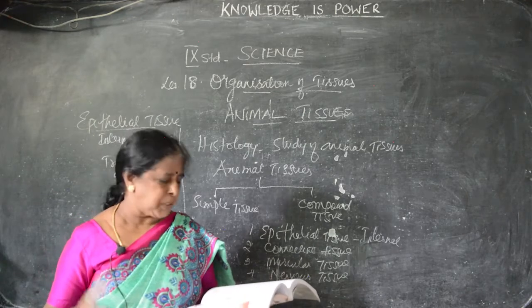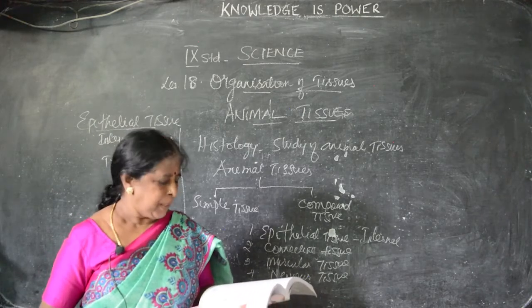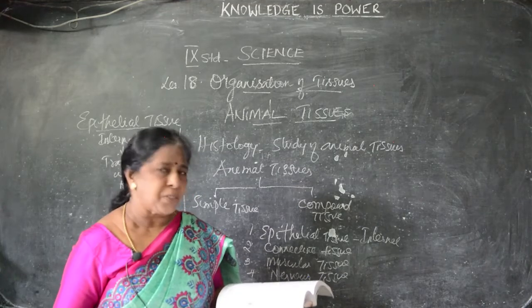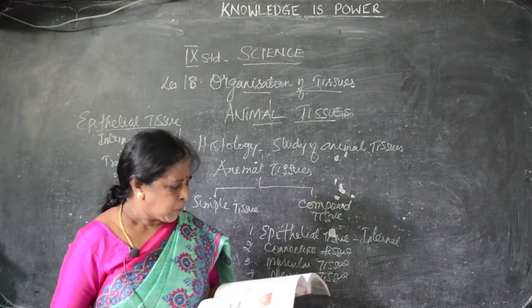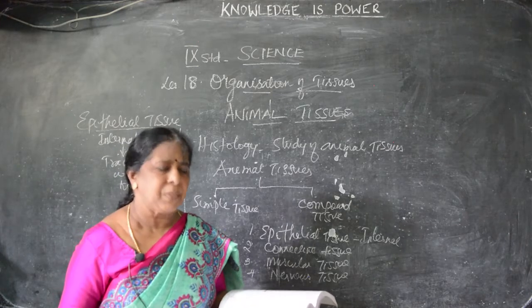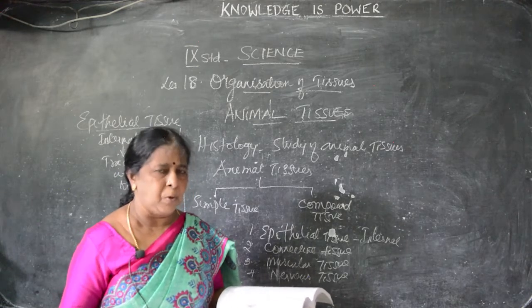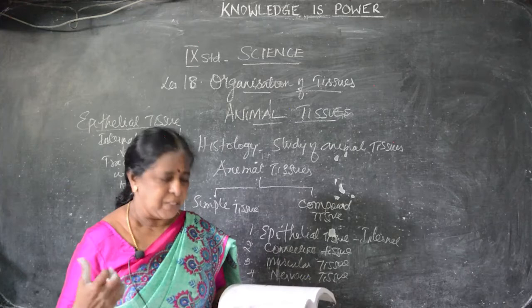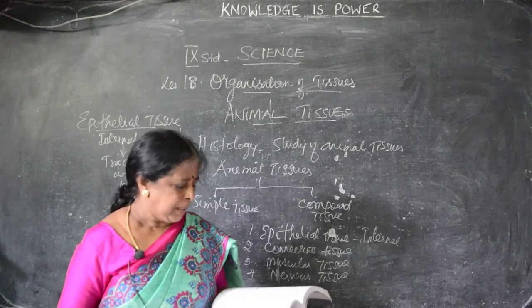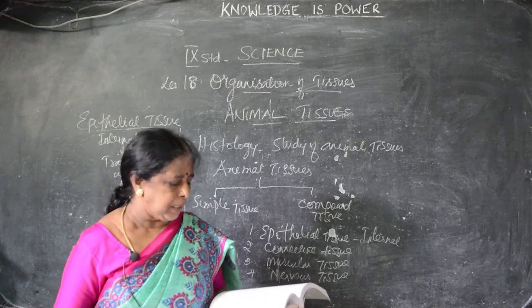They help in absorption of water and nutrients. Absorption means what? Sucking up of water. They are involved in elimination of waste products. So they perform a secretory function also. So what are the examples for that? That is the secretion from our body. Where do we get the secretion? Our sweat, saliva, mucus and enzymes. These are the secretory epithelial tissue.